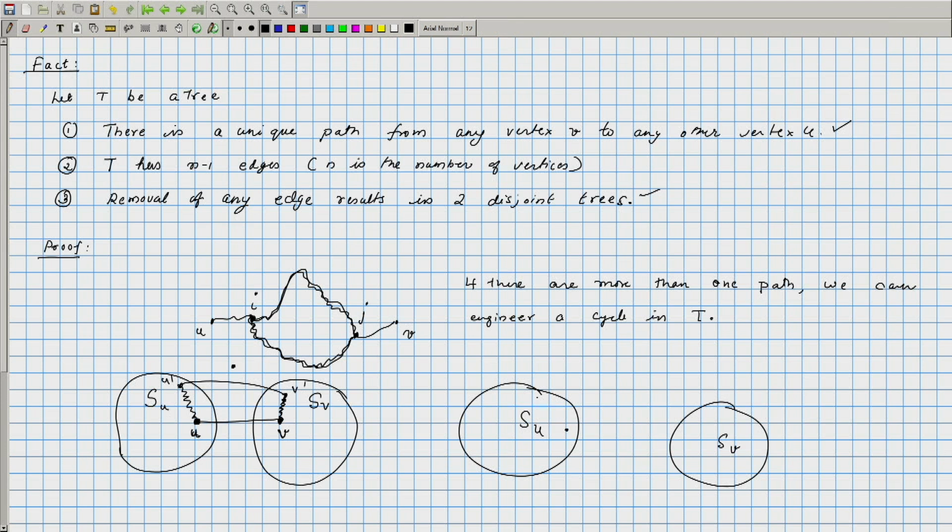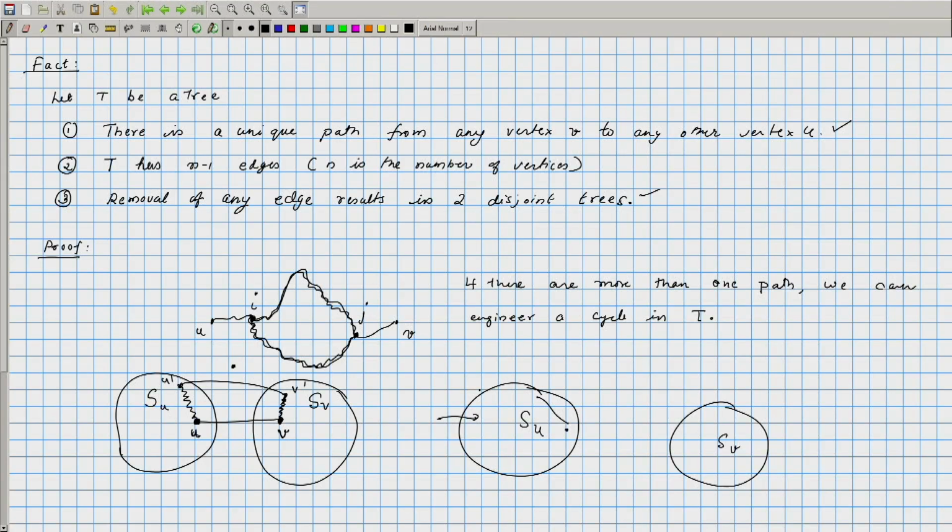By definition, this is all those things which are connected to U. So, that is a connected part, and of course, there is no cycle in SU. If there were a cycle in SU, then there is a cycle in the original graph. So, this is a cycle free connected part, and therefore, that is a tree, and this is also another tree. So, we know that the removal of any edge results in exactly 2 disjoint trees,